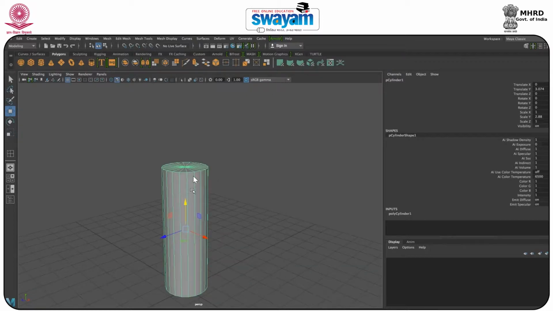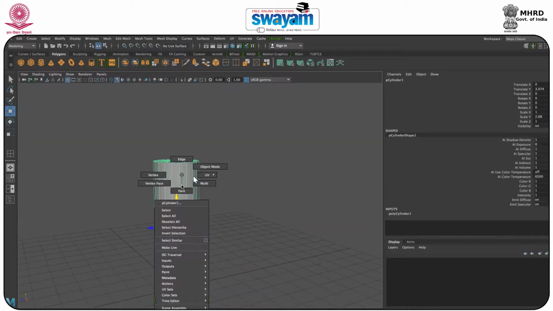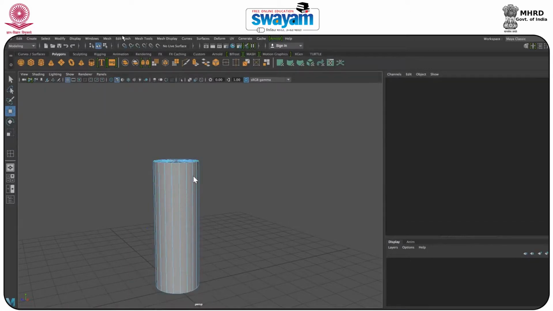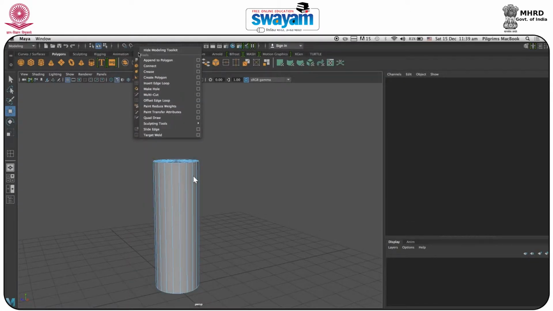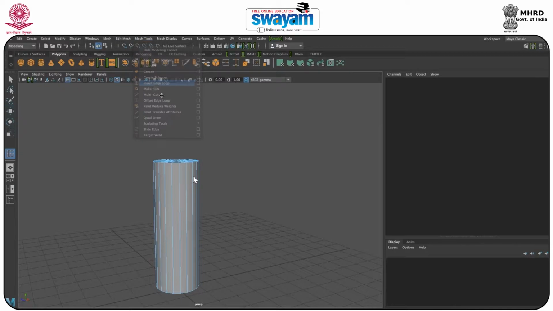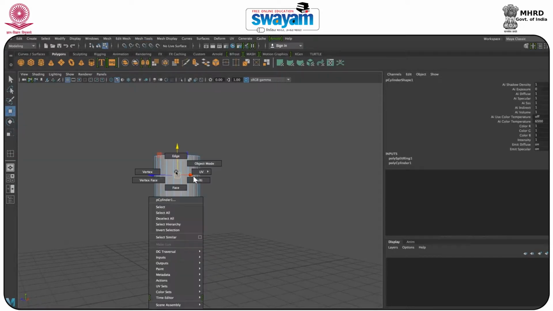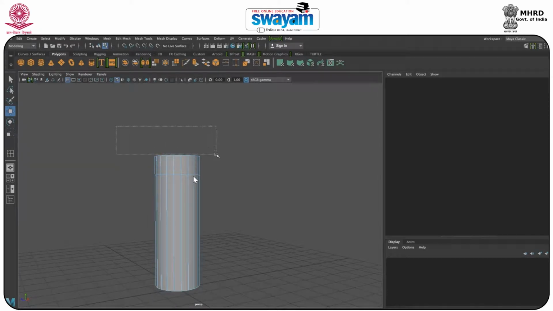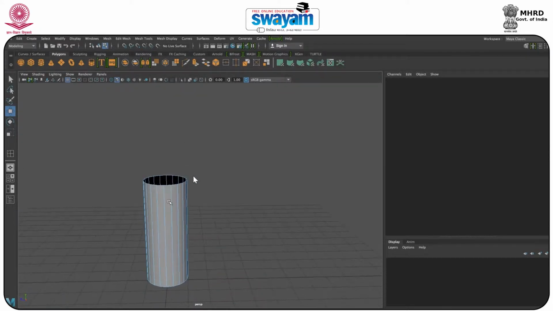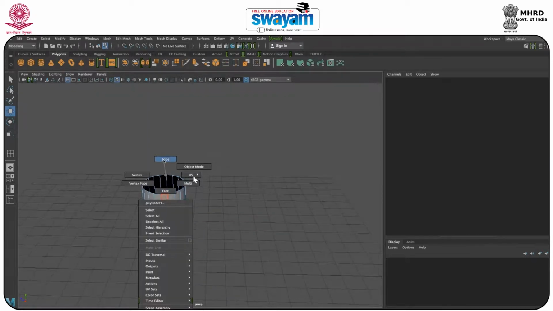So right now what I'm doing, I will just go to the edge, and at first we'll go to the mesh tool, and here we have the insert edge loop tool. So just insert some edges like this and just go to face and just select the top and just delete it. Okay, now we have a hole here, and one more thing we have to do, just go to edge,